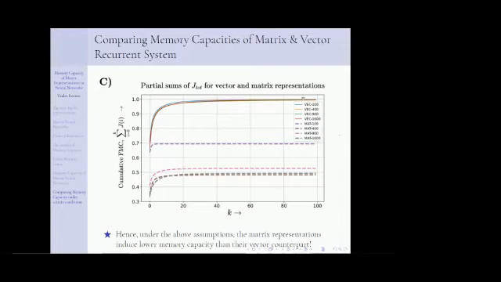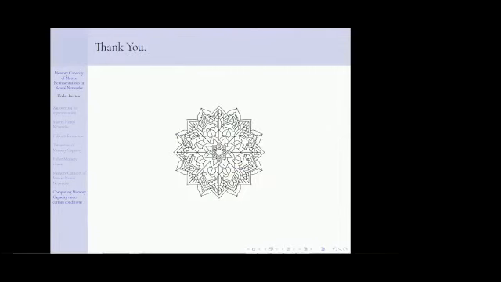And in fact, this is not proved just by looking at the graphs. We proved that the maximum bound on memory capacity of a matrix representation system is actually lower than the bound on a vector-based representation system. So yeah, that was the whole point: matrix representation systems counterintuitively have worse memory capacity than their vector counterparts. And this is the conclusion of the whole talk. I hope you liked the talk.